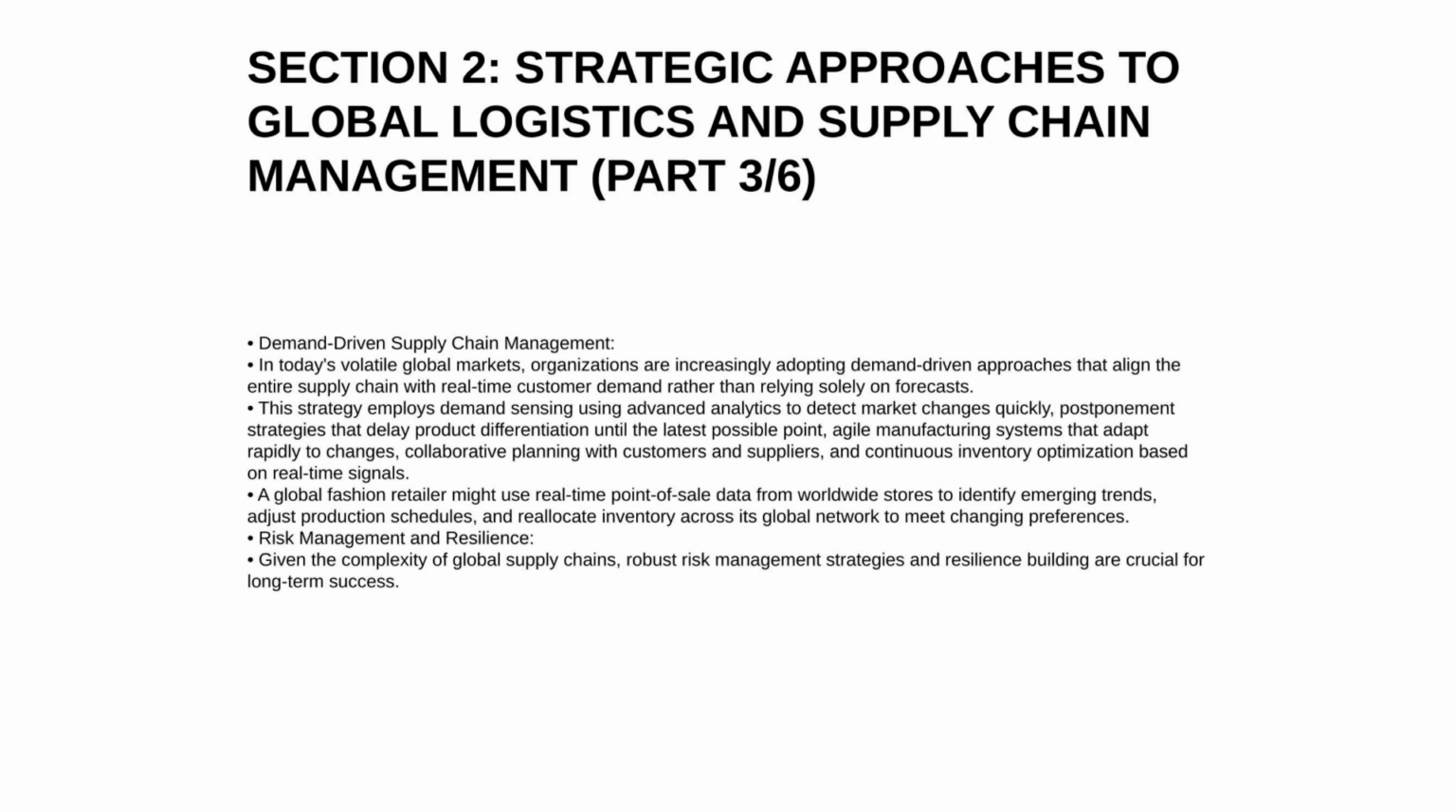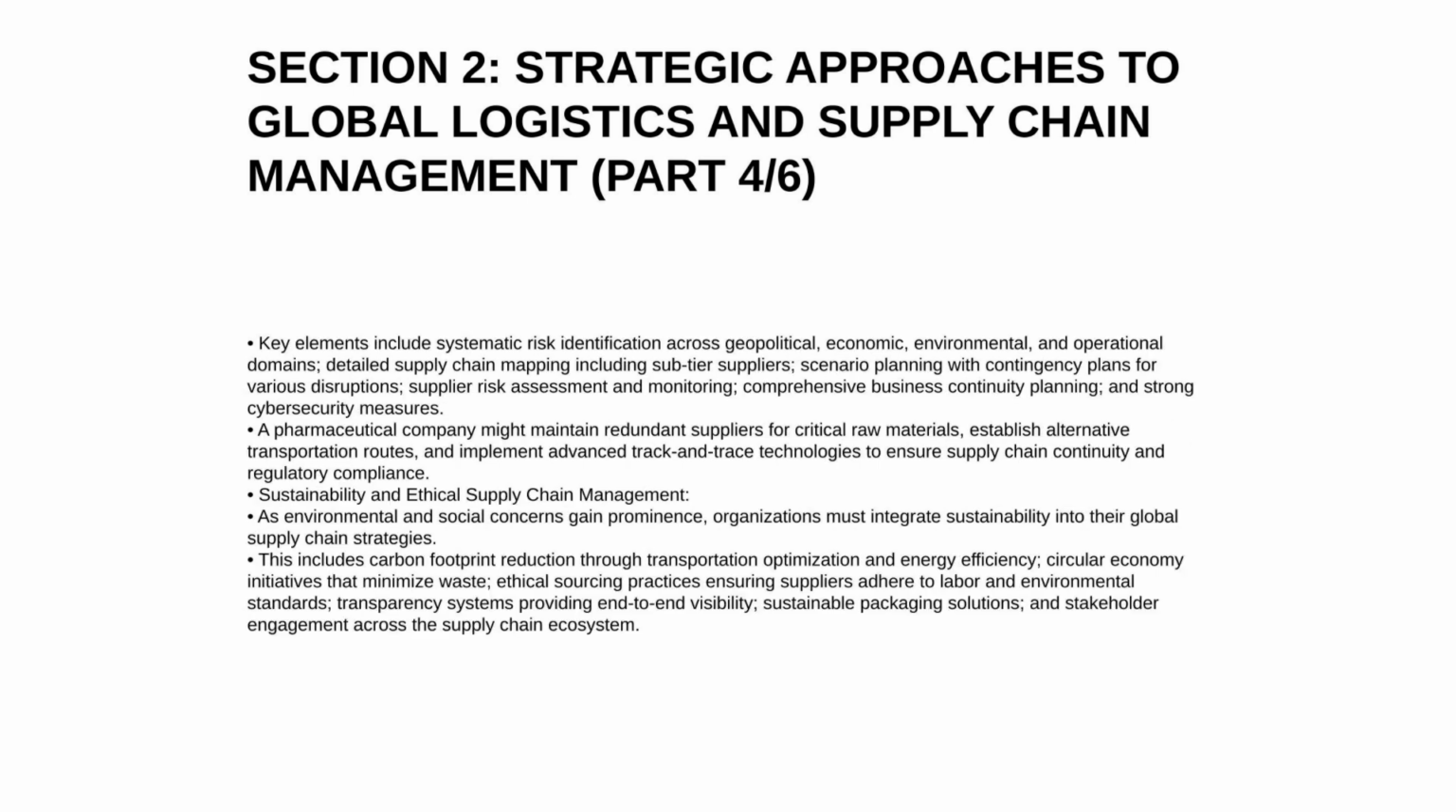Risk management and resilience. Given the complexity of global supply chains, robust risk management strategies and resilience building are crucial for long-term success. Key elements include systematic risk identification across geopolitical, economic, environmental, and operational domains, detailed supply chain mapping including sub-tier suppliers, scenario planning with contingency plans for various disruptions, supplier risk assessment and monitoring, comprehensive business continuity planning,